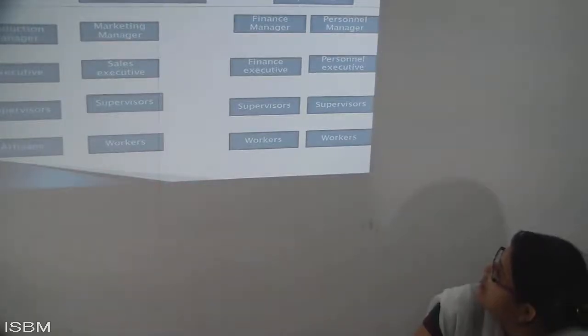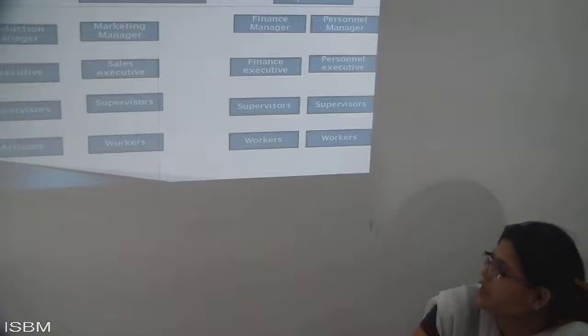Now here it has been given there are 6 stars, and with the help of this arrow you can say that these are all subordinates, and they have been given the responsibility to follow the president in each and everything. So like you have a production manager, then the executives who are internal to it. After that you have the supervisors who are internal to it, and you have the artisans.